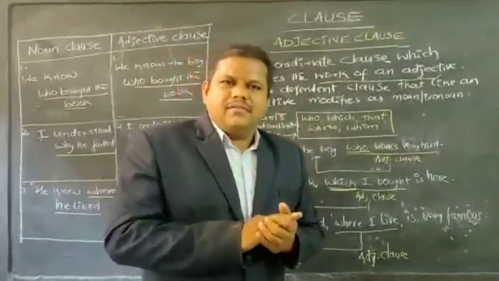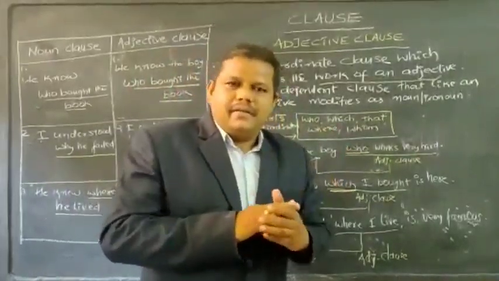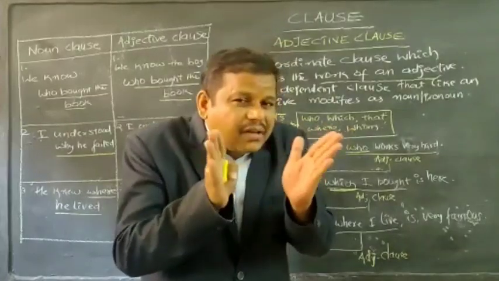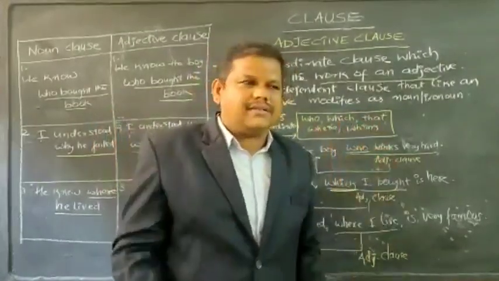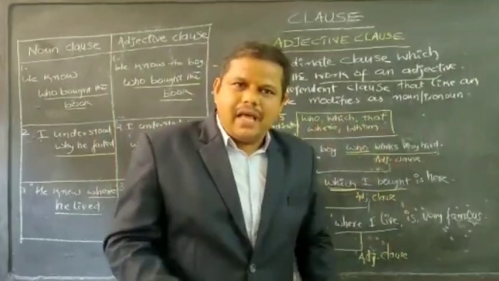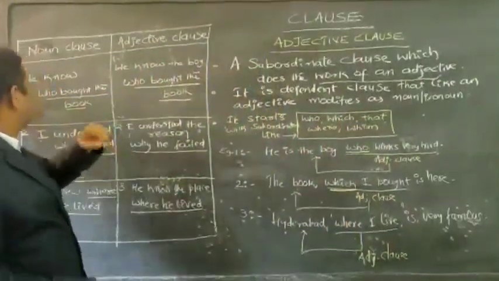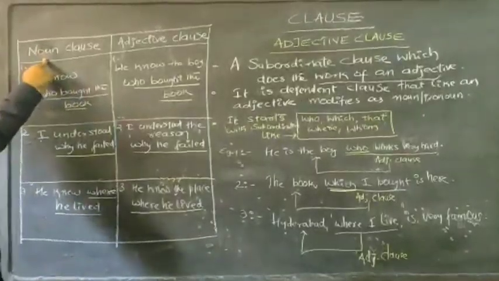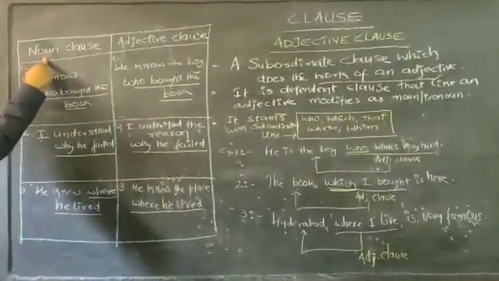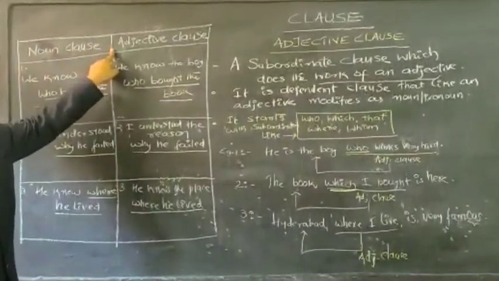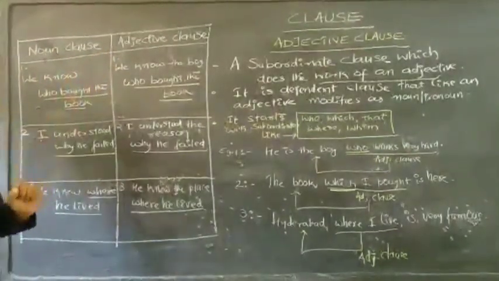And students, we have even learned the concept of noun classes. Then, what are the differences you will find between the noun classes and adjective classes? I am showing with a table, so you can understand very clearly. See, the first one is a noun class, which we discussed in the last session. Today's topic is about adjective classes. We'll take one example.